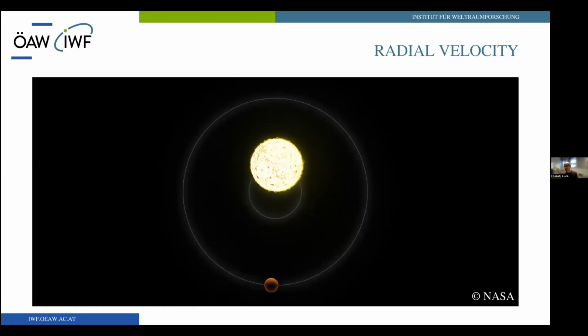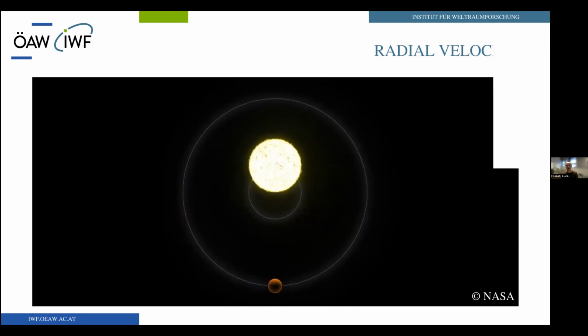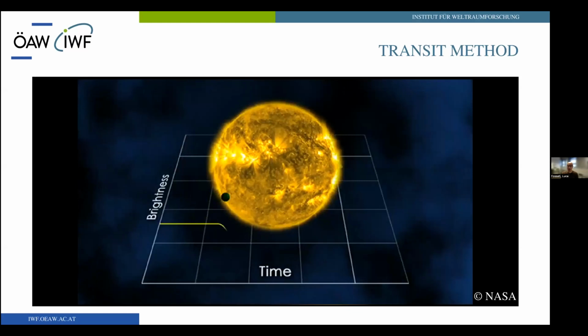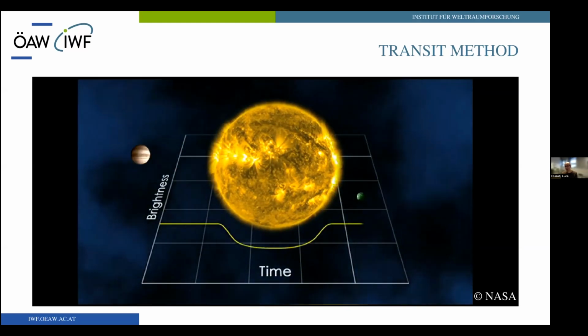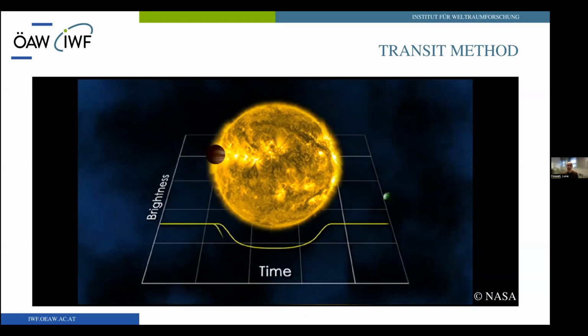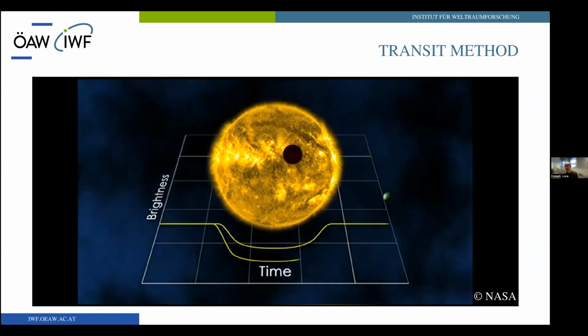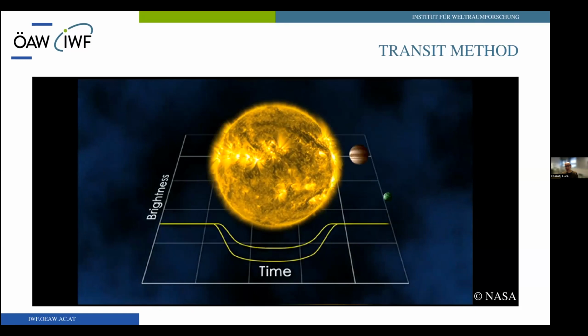If we have a lucky geometry and we have a good enough photometric instrument to detect the transit, we have a planetary transit, which is essentially the dimming of light of the star as the planet passes in front of it. And as you can see from this cartoon, the dimming, the size of the dimming is essentially proportional to